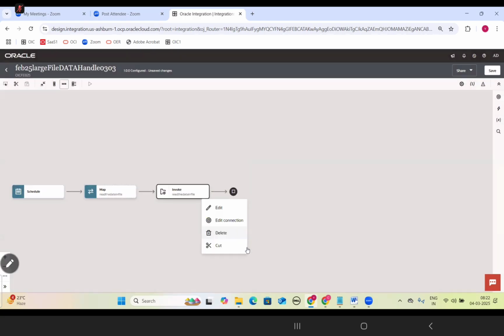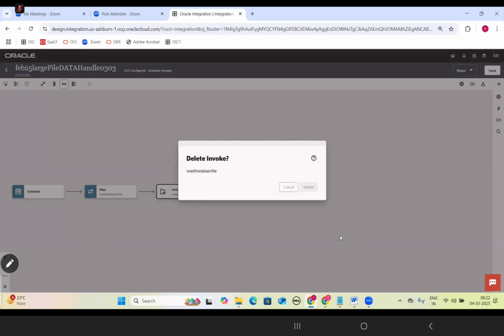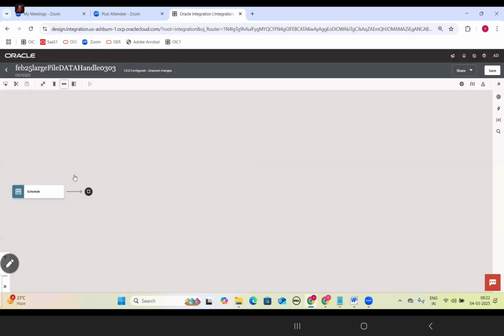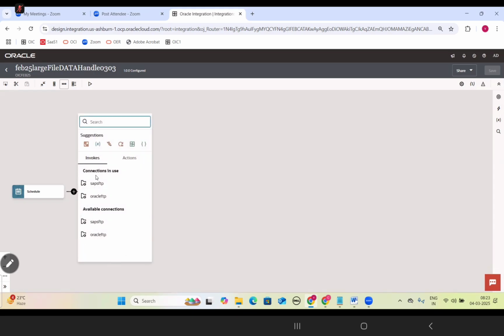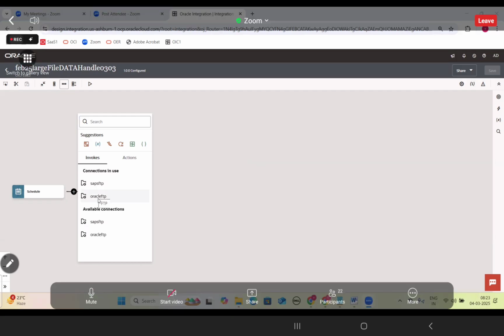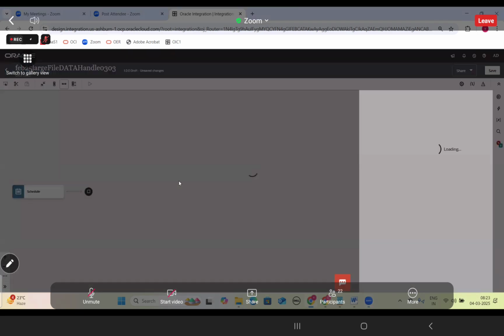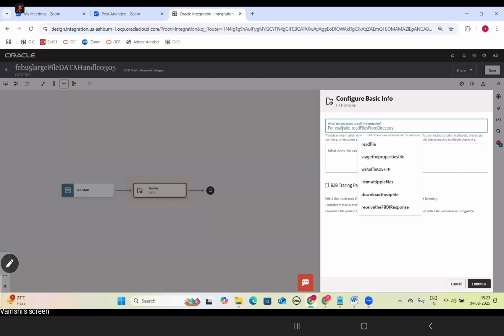Instead of reading the file, we are going to download the file to stage location. From where do we need to download the file, SAP SFTP or Oracle SFTP? Go to Oracle SFTP. Download the file.